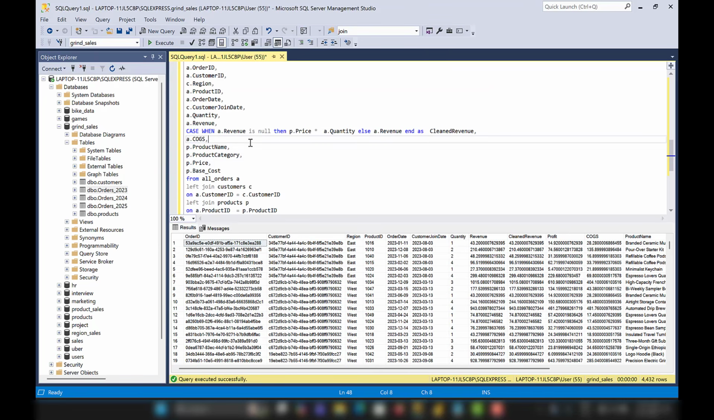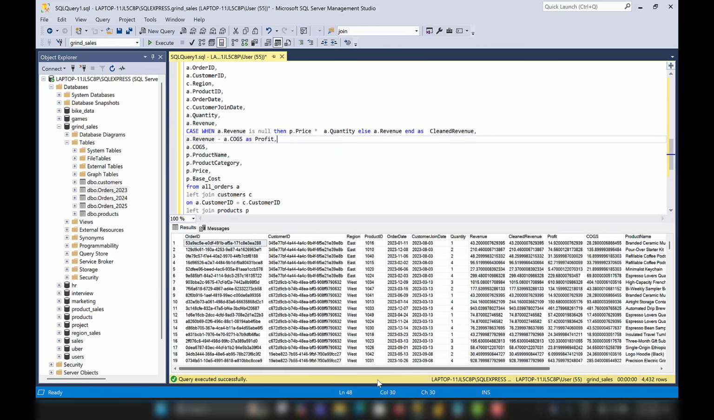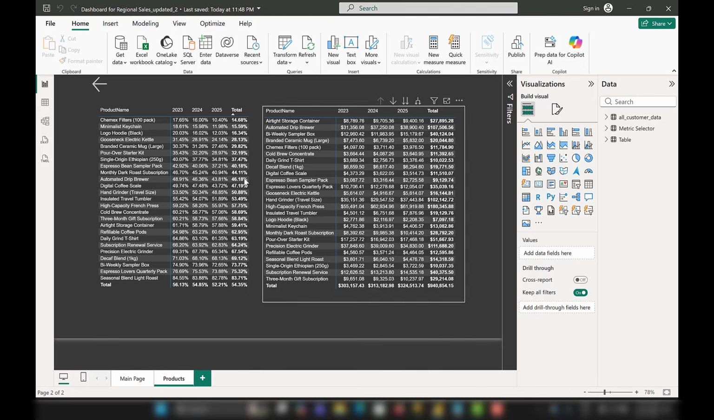Maybe one more thing we can do is add a profit column. So we can say a.revenue minus a.cogs, and we can call that as profit. We'll build our margin column probably in Power BI, but we can take that. So what I'm going to do first is copy this query. Then I'm going to go back over to Power BI,